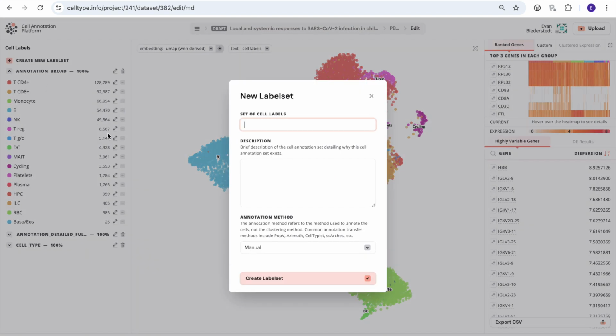But in this case, I want to walk through the case whereby we'll be creating a set of cell annotations from scratch. So in this case, I have edit access to the data set. I'm logged in, and I will create a new set of cell annotations. The description will be